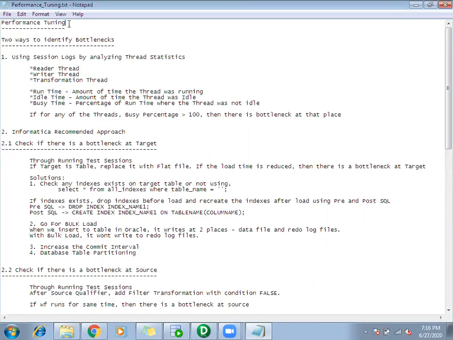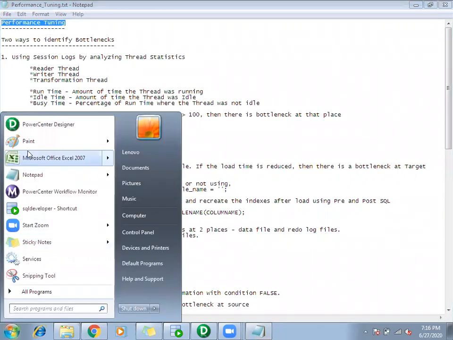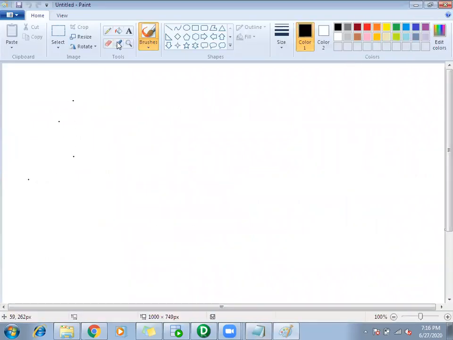Okay, so first of all, performance tuning. We go for performance tuning when there are any bottlenecks in your flow, in your workflow. So we'll consider one scenario. Consider you have a source, which is either a table or a flat file. We'll consider this as a source, which is a table.